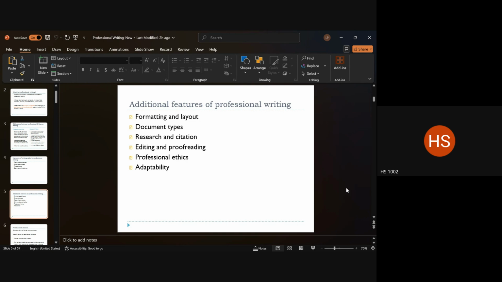Adaptability again, it could be about anything. It could be about the adaptability of the medium, as in should I write this on social media? Am I writing this as a physical copy? If it is a physical copy, then what is the norm that I should follow to write it? If it is a social media platform, then how should I write this up? Right? Within social media itself, how should my Facebook post look as opposed to how my Twitter post should look, right? So Twitter or X, whatever it is called now, right?